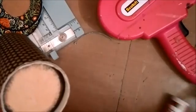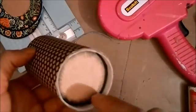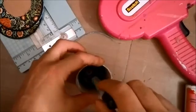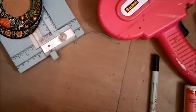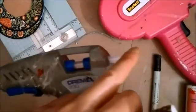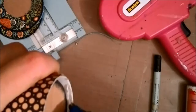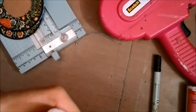here, just around there. Then I have my craft mat. You need to have a surface that can take the hot glue without being destroyed. So first put the hot glue, put this, then use some kind of tool like a pen or something and squish it down so that it comes flush with the rest of it. So let's see if that works. I've got enough glue in here to get all the way. Okay, so my plan is that the glue will be